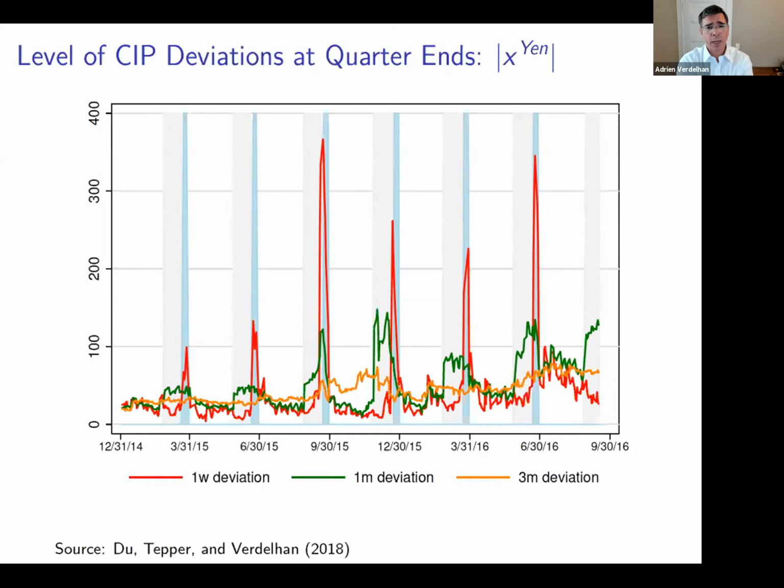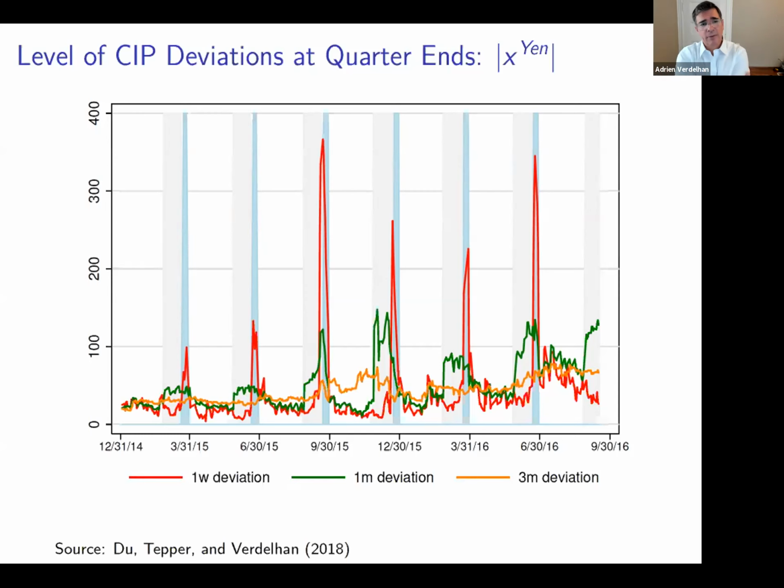Now, if you think about what should happen at the 1 month horizon, thinking about the 1 month forward rate, it's going to be the same. But the key point is not going to be the last week of the quarter. It's going to be when you enter the last month of the quarter. So right now, if I trade a 1 month forward contract, I open the position now, I close the position 1 month from now in September, nobody knows that. But of course, when I'm going to reach the end of August, the world is going to change. Because if I open a 1 month forward contract position on September 1st, this is going to show up at the end of September, and thus will show up when the snapshot of my balance sheet is taken.